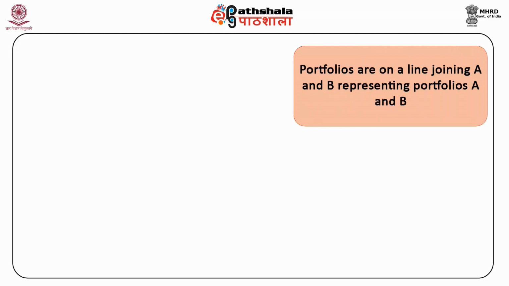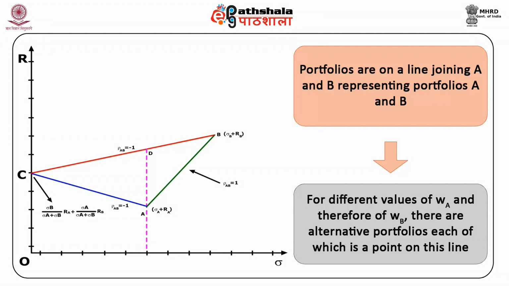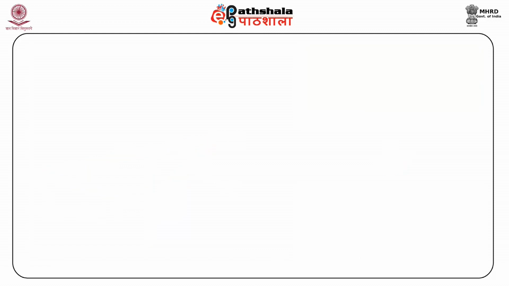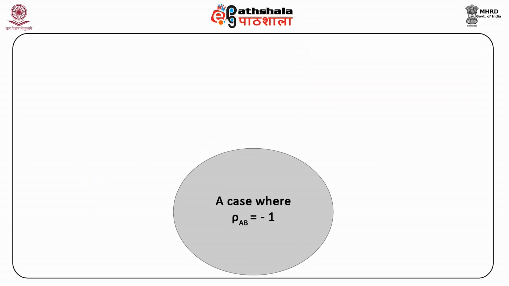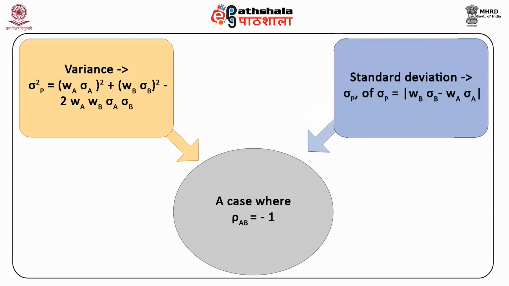These portfolios are on a line joining A and B, representing portfolios A and B in figure 1. For different values of WA and therefore of WB, there are alternative portfolios, each of which is a point on this line. Now consider a case where rho AB is equal to -1. In this case, the portfolio has a variance of P. Sigma square P is equal to square of WA into sigma A plus square of WB into sigma B minus 2 into WA WB sigma A sigma B, and a standard deviation